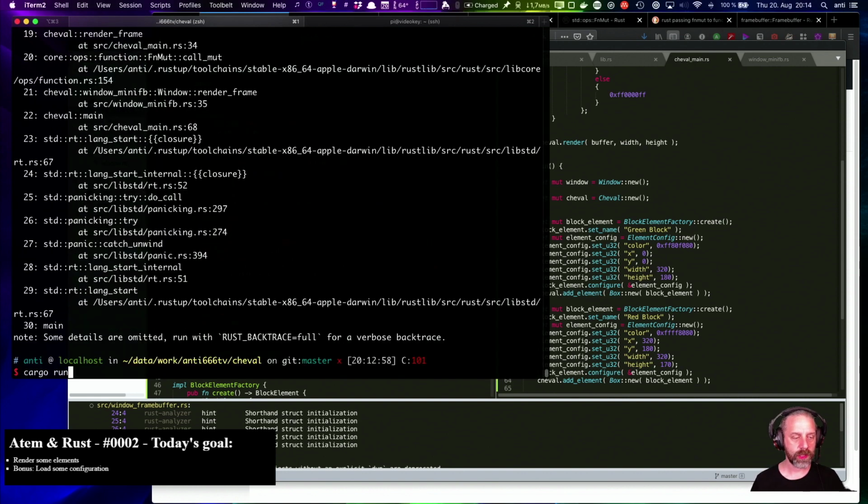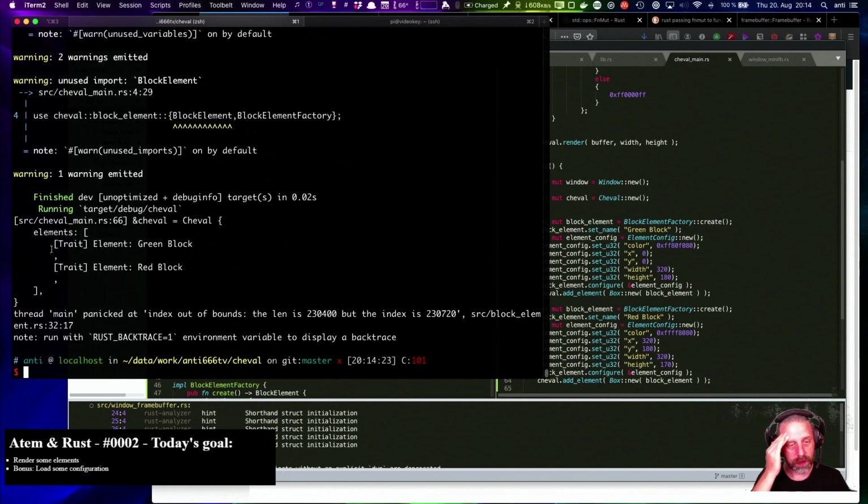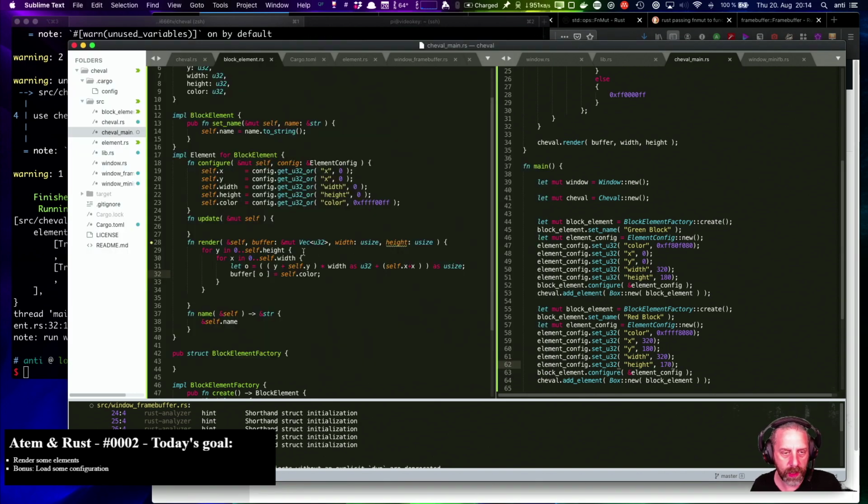Do you see it? I don't. Okay, our index is too high. Height is height. I mean, obviously,